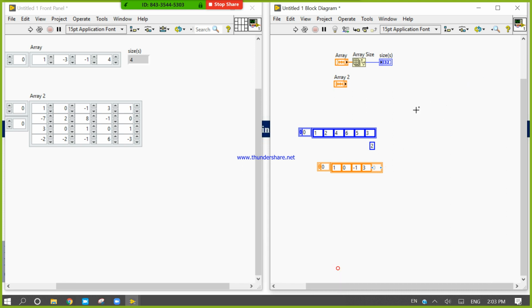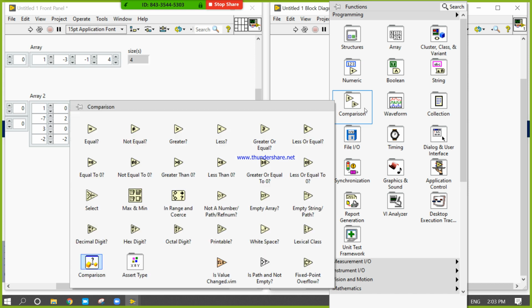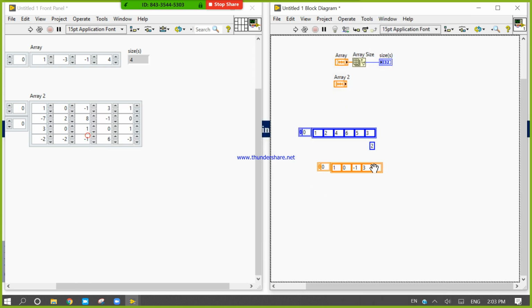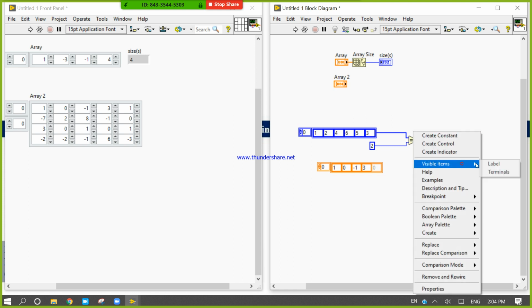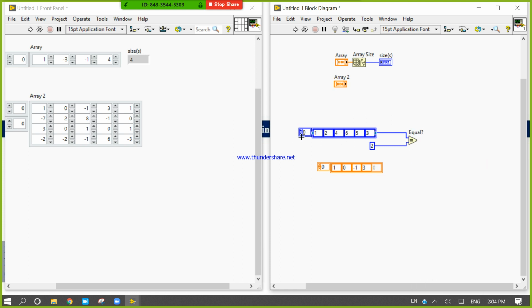Now look here, there is one comparison toolbox. Let's see, it will compare if you use the comparison. By using the polymorphic property, this 2 will compare with each and every element of this array.